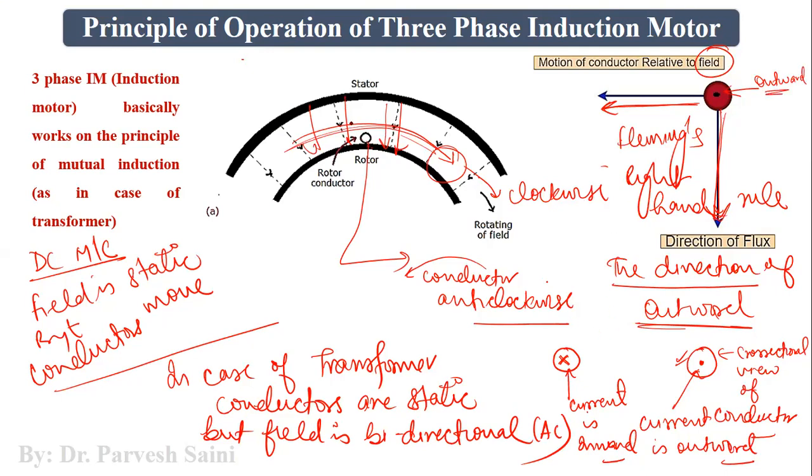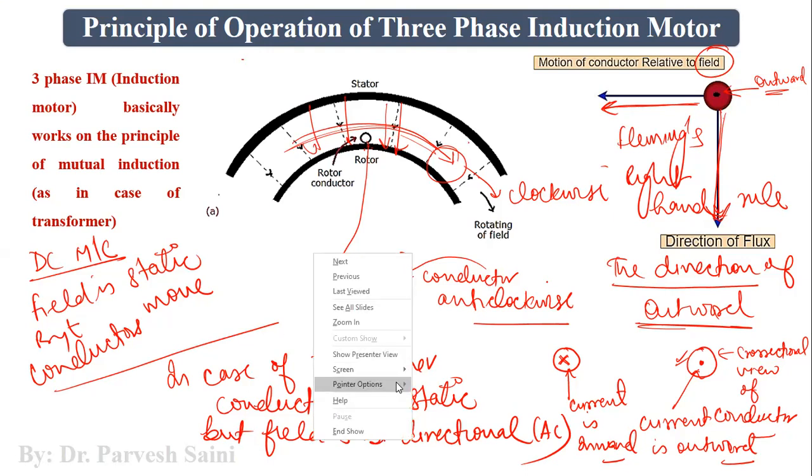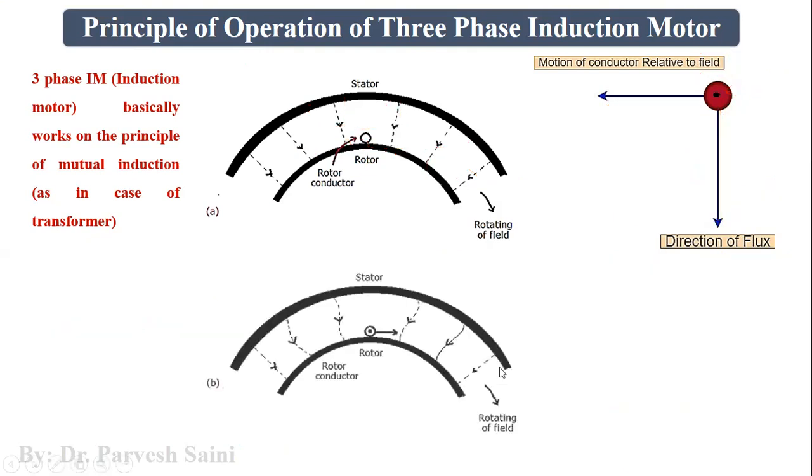I repeat, the rotating magnetic field cuts the stationary conductor. The conductors are connected back to back. They are shorted using end rings. So this EMF which is induced in this conductor will generate some current to flow in the conductors, and the direction of this EMF and the current is given by Fleming's right hand rule. Now, as soon as we have the current in this conductor, because of this rotating magnetic field which cuts this conductor,